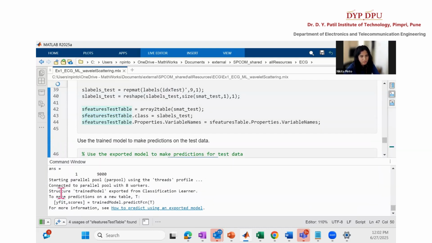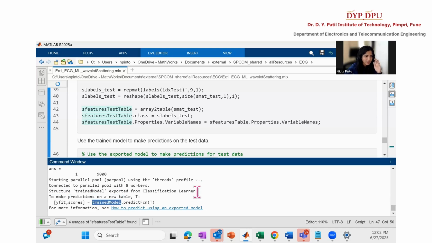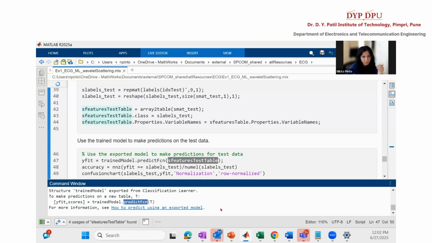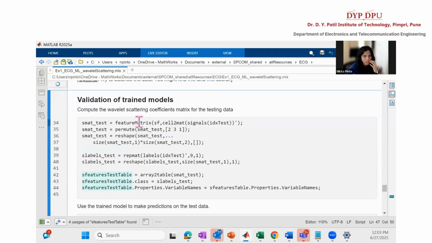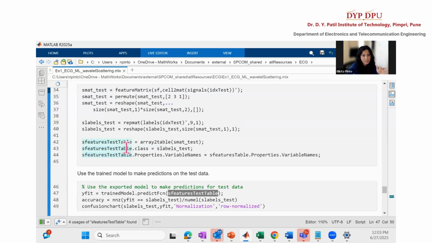So when I trained and exported the model, it comes in as the train model, and I'm getting instructions that say, if you want to predict with this model, use the predict function. Okay. And if you want to read more about it, you can follow this link, and it will take you to a documentation page that explains how you actually use this model. Now remember, the wavelet scattering takes a couple of seconds to run. So we'll put that to run, and we'll